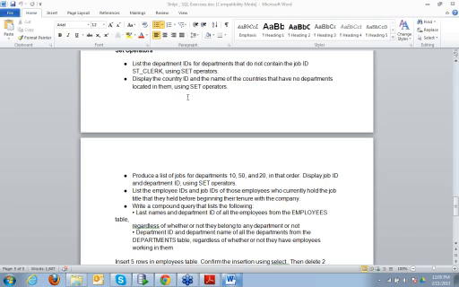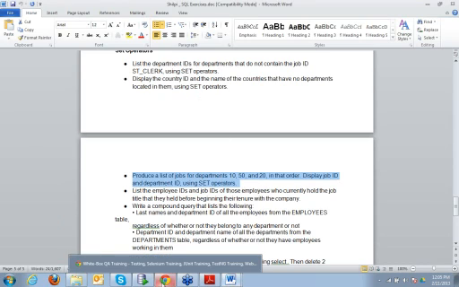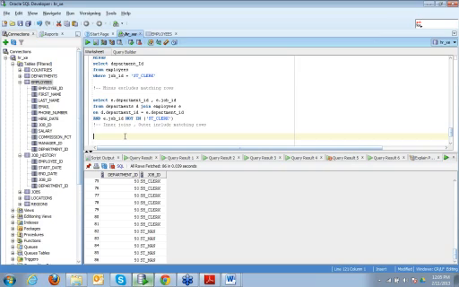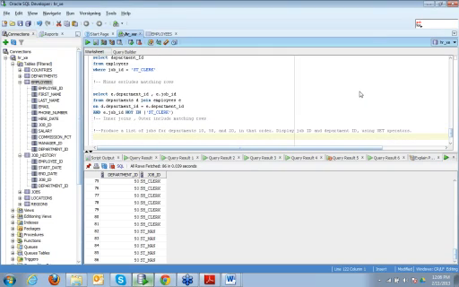DISTINCT can only be used with just one column. So let's do this one. Produce a list of jobs for departments 10, 50 and 20 in that order. Display job ID and department ID.